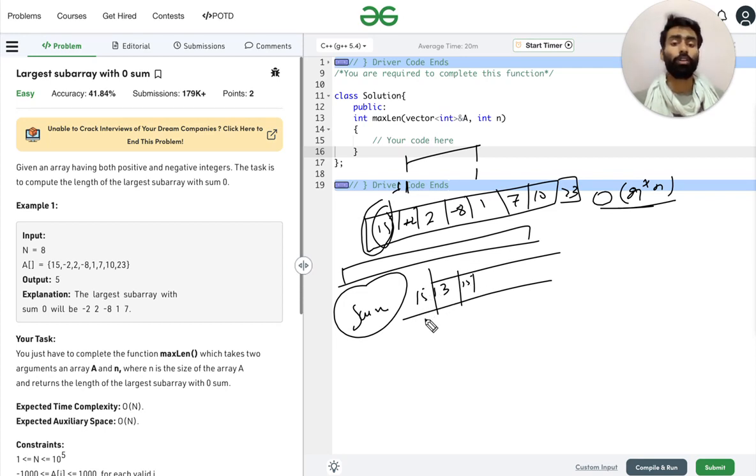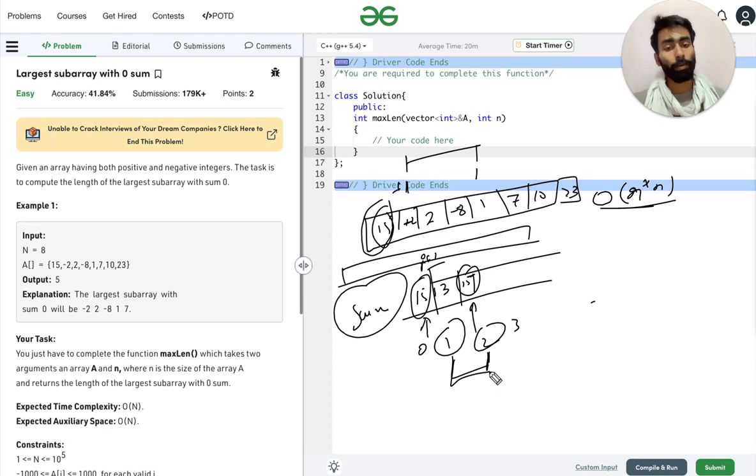So here the first 15 was here and the second 15 is here, meaning the index of the first 15, plus 1, that is i plus 1, in this case 0, 1, 2, 3 and so on. So here the index i plus 1 is 1, and the index where we again get the same sum, that is 2, is the subarray where we get 0. So if we add these two, this is the subarray where we will get sum as 0.